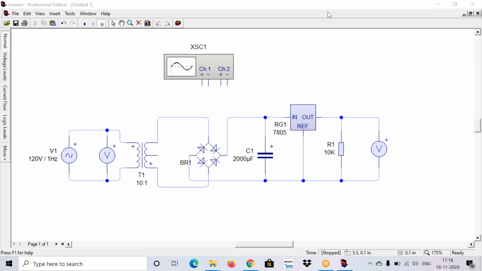Okay, what is your doubt? Sir, why are we using the 10 kilo ohm resistor here? Is it fixed or is it variable, sir? Suppose you change to another resistance value. Okay, try it yourself, no problem, because for getting the voltages,